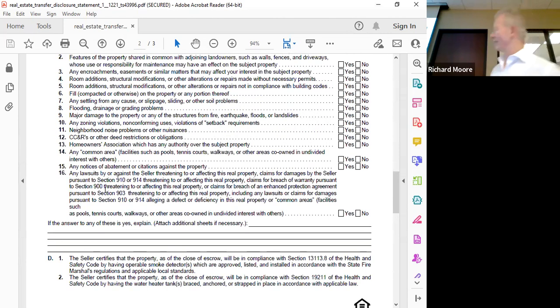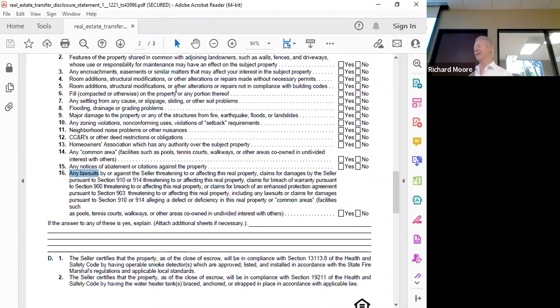And then under section 16, the TDS, it's talking about, yes, lawsuits. It's talking about much more than just lawsuits. Now, realistically, if we look at the SPQ, it talks about past, present, or pending litigation. So there's another area in which litigation is referenced. But the other thing it talks about would be claims. Now, is a claim litigation? No, not necessarily. If you've ever worked with a builder, the builder usually has, or they're obligated under statute to have, a non-adversarial aspect that's available or required between the parties.